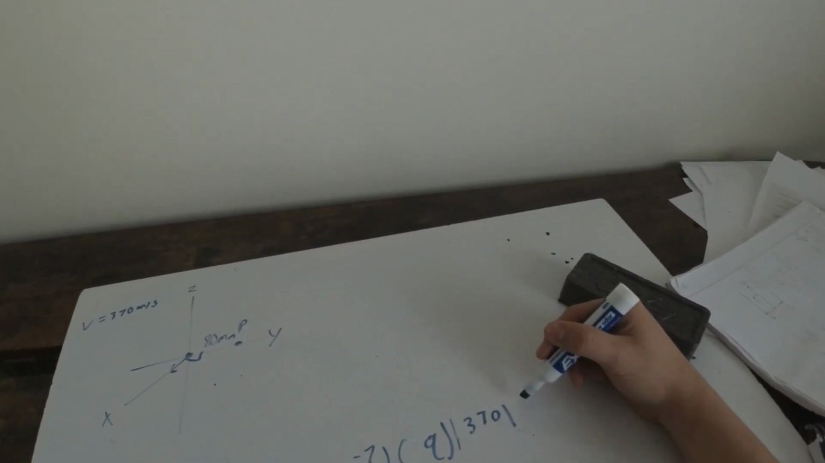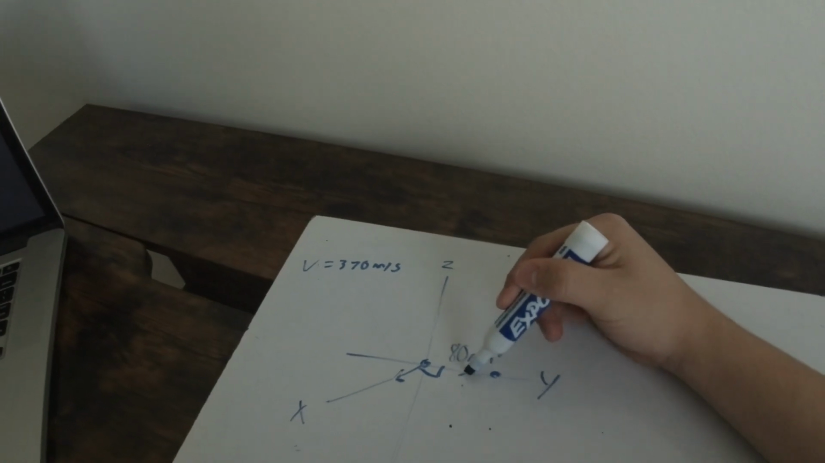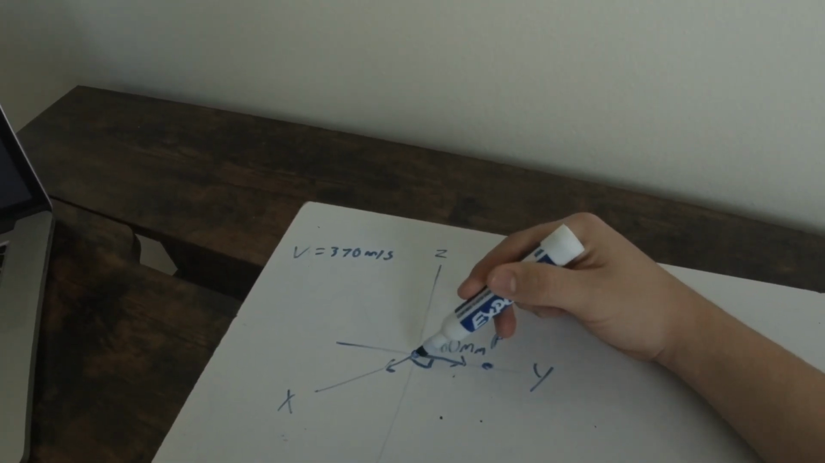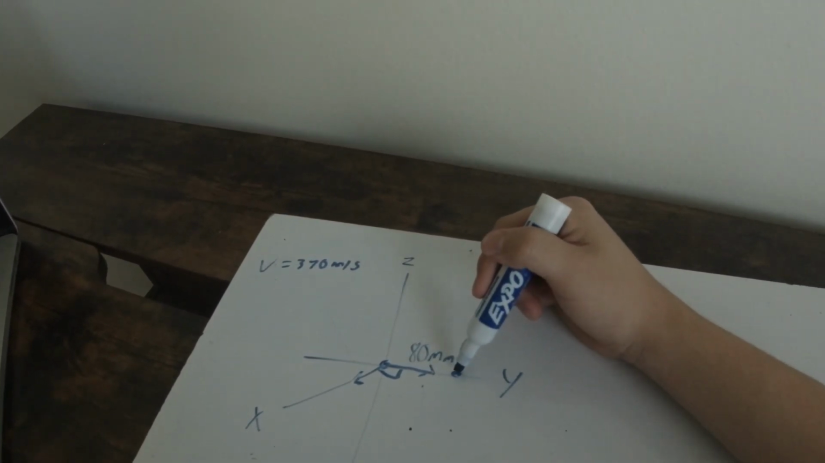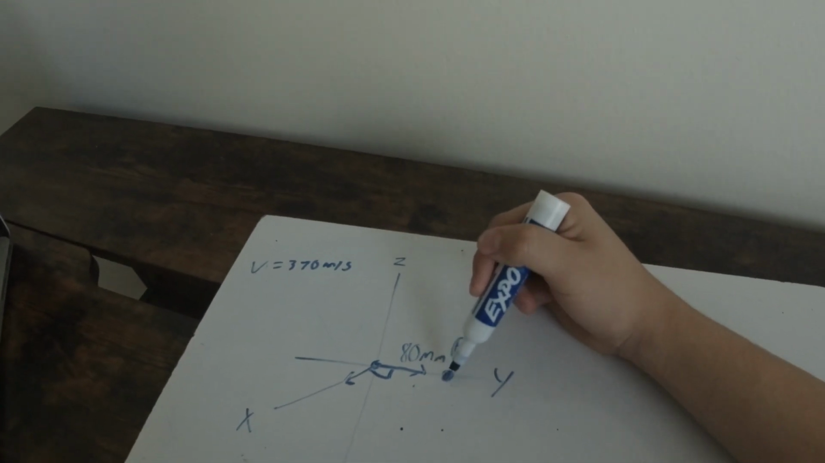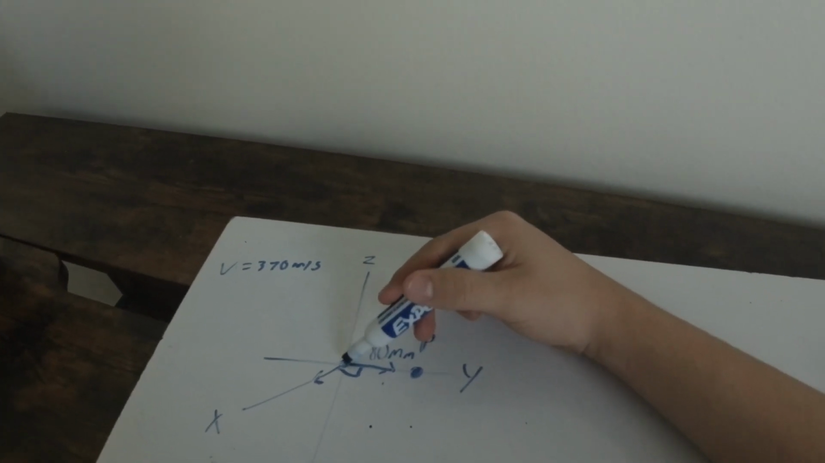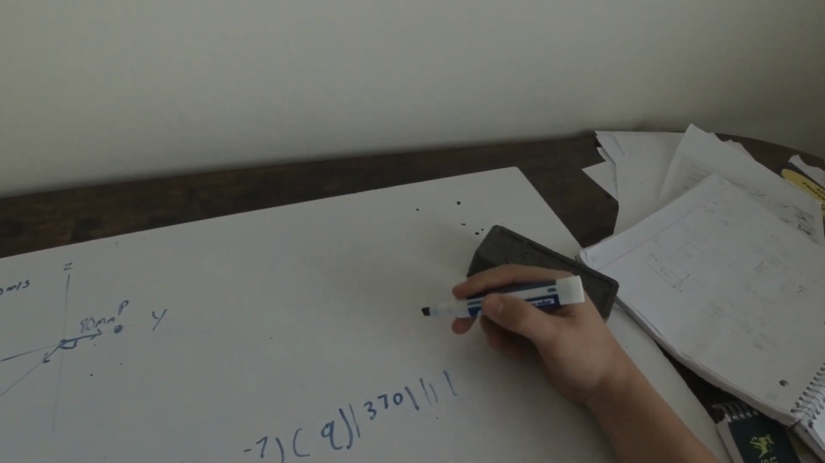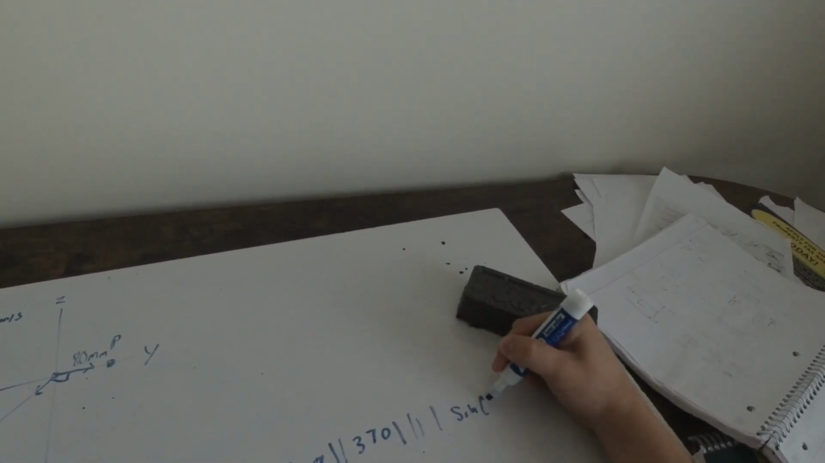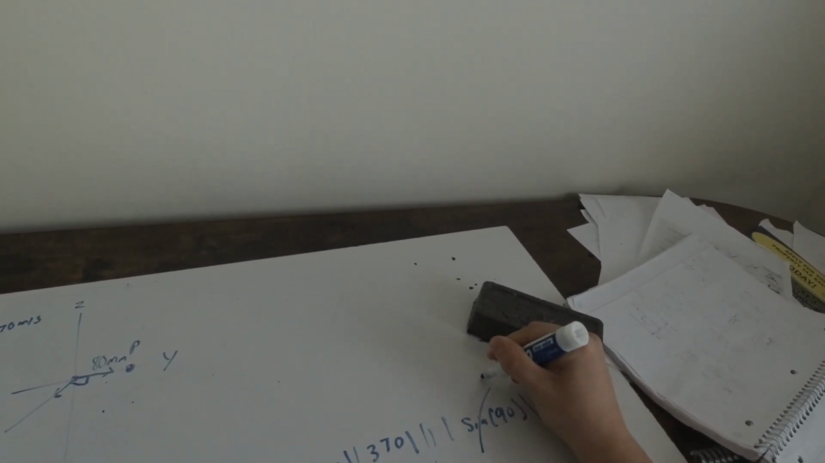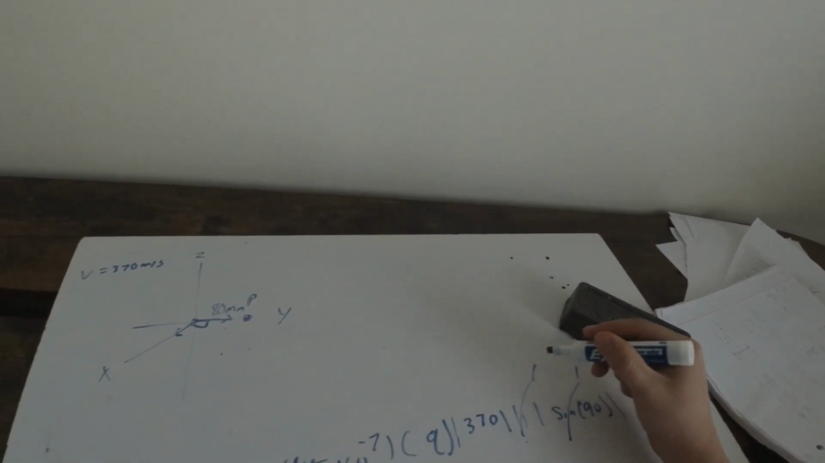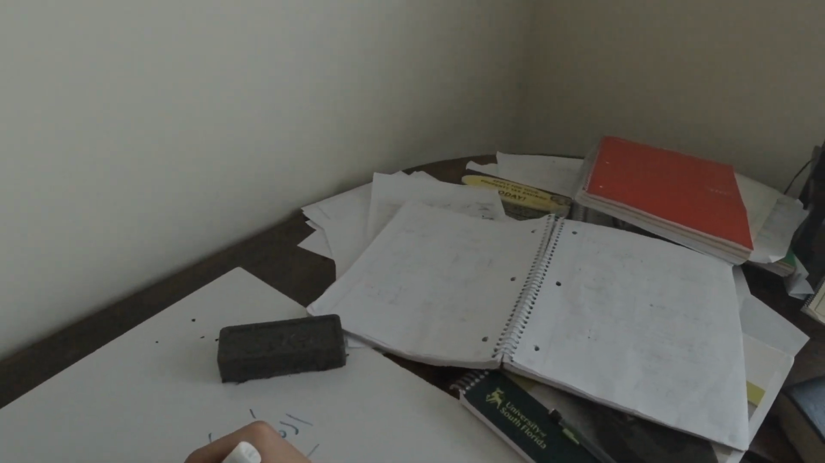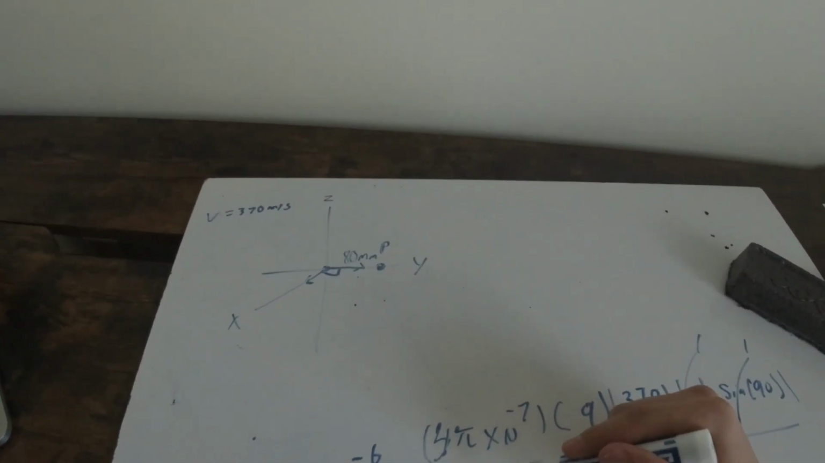Times the magnitude of R hat, which we know is R hat in this direction. It's from the source to, it's pointing towards the observation point. It's always pointing to the observation point. But we know it's a unit vector, so the magnitude of that is 1, and then the sine of 90 is just 1. Those cancel out, and it's all going to be over 4 pi,